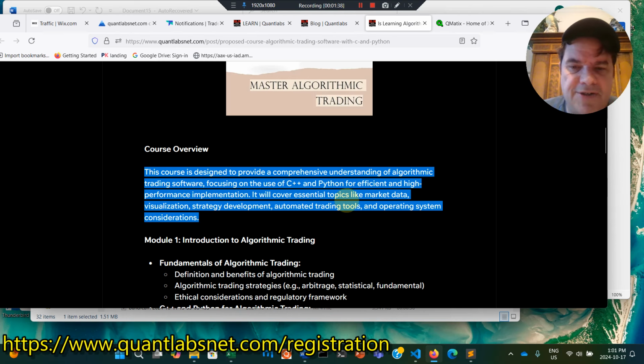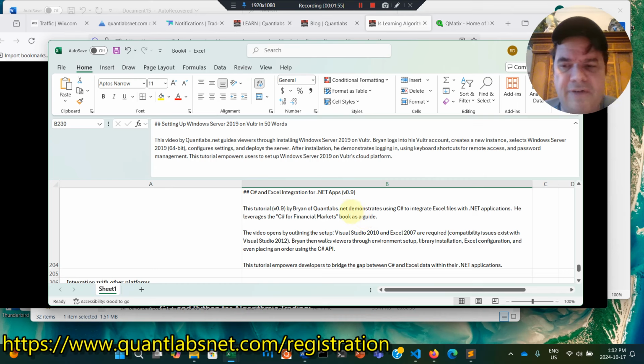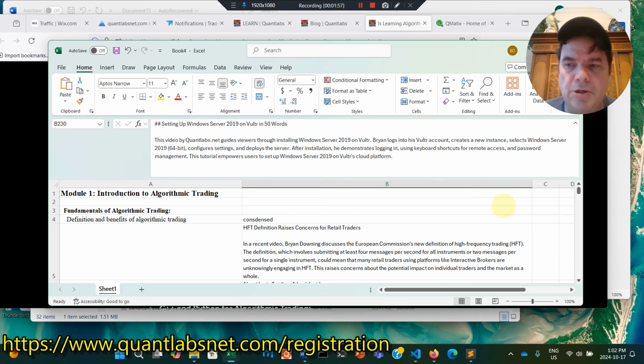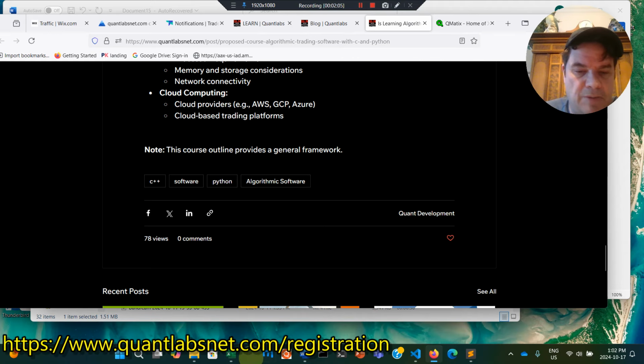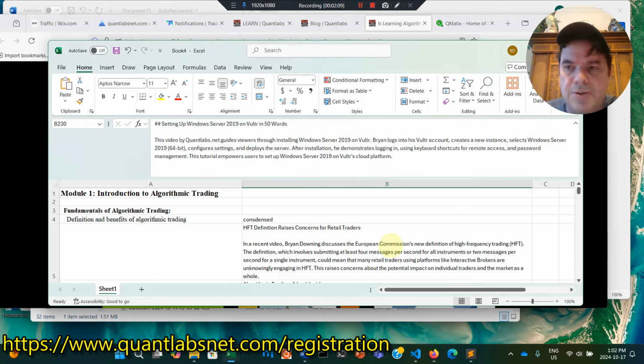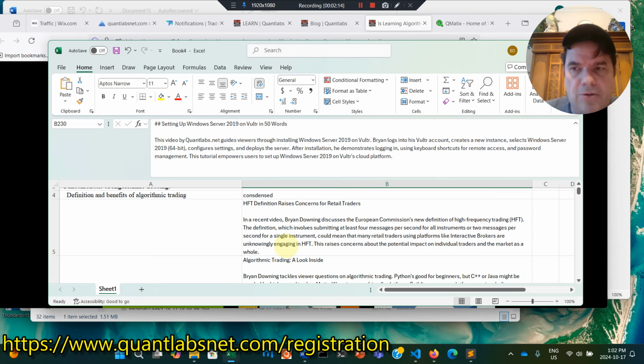This will cover essential topics like market data visualization, strategy development, automated trading tools, and operating system considerations. Again, there's no code included here, but I want to showcase all the things that I've looked at that are fairly valuable in the world of algo trading and HFT-like. As I said in this post that I posted a few days ago, I'm going to go through all the detail on all the videos and the topics of these videos. I'm going to give you a condensed version of each video that I'm looking at